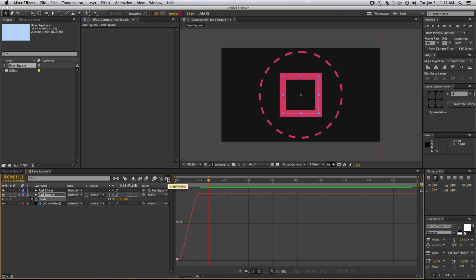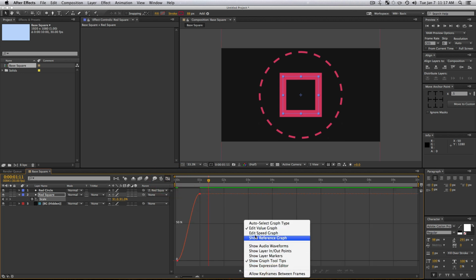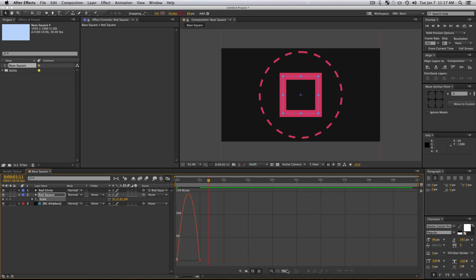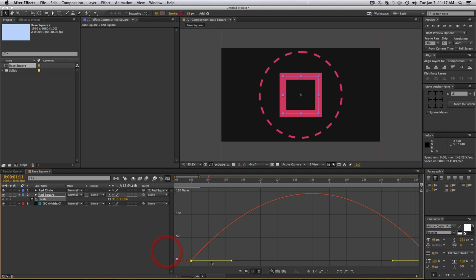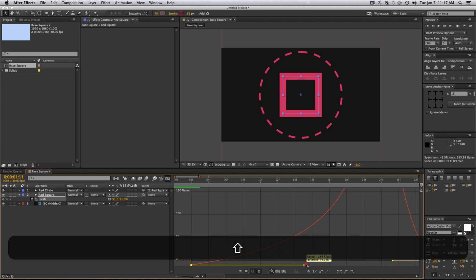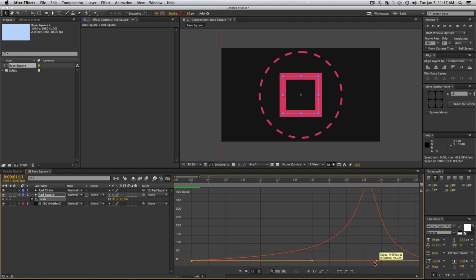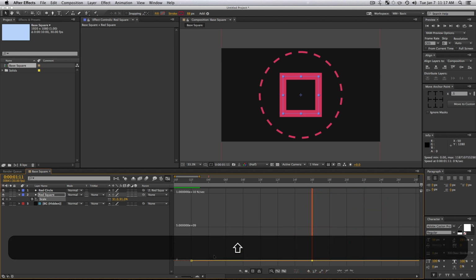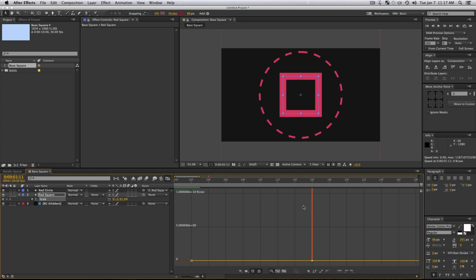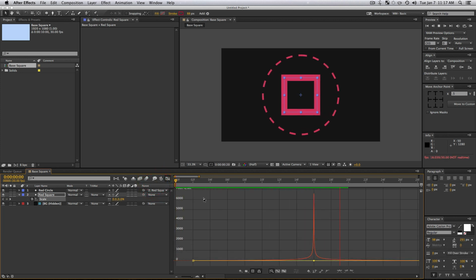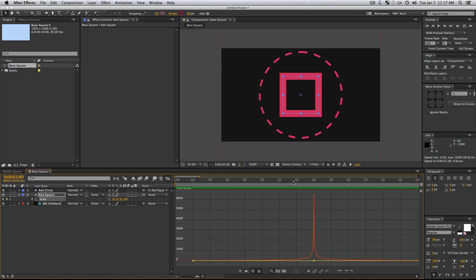We will select both those keyframes and press F9 on your keyboard to make it easy ease. Let's go into our graph editor and change your graph type over to a speed graph, and then also make it fit the graph to view. I'm going to highlight this side and drag my Bezier handle in as much as I can. Whoa, I actually took it off the line a little bit. So I'm going to try to keep it on that line and drag it all the way to the middle, and grab the other side and drag that to the middle. So this is going to make a very fast and abrupt pop in. All right, perfect. And then it's going to slow down. So it's going to come in real slowly and then all of a sudden pop in, and then it's going to slow down. So that looks nice.